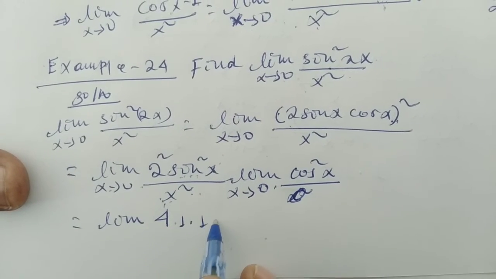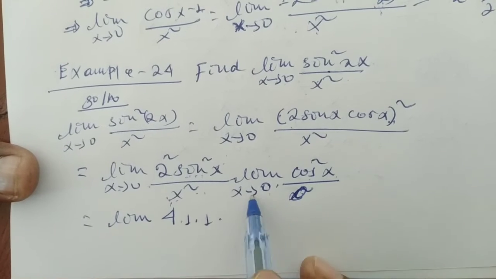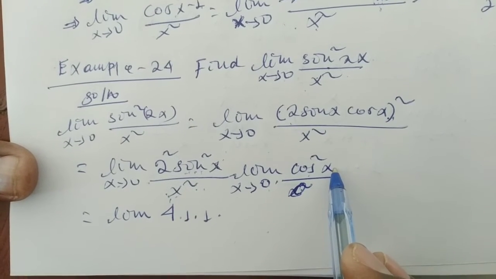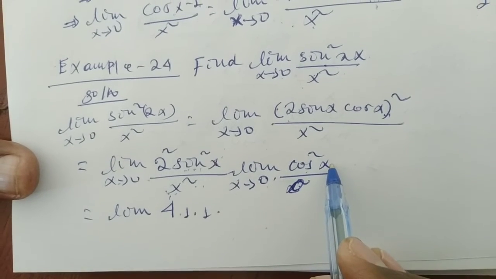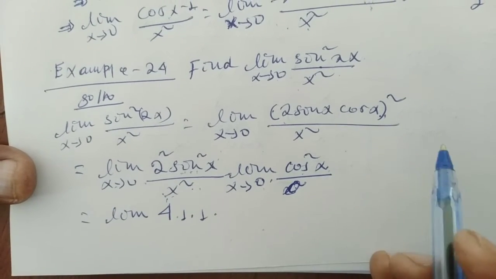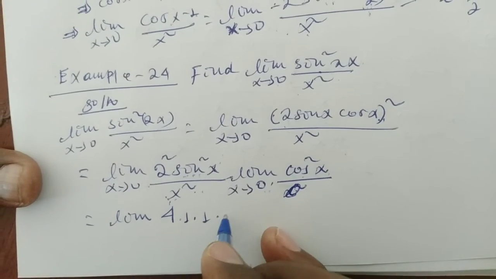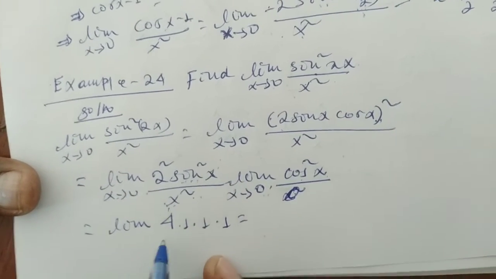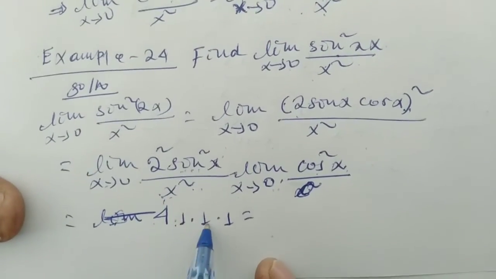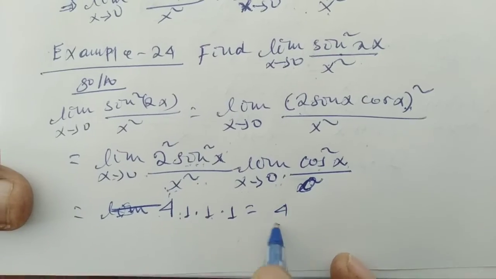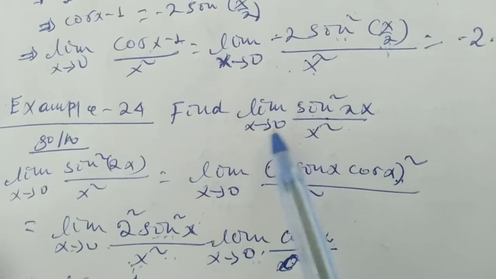is 1, times the limit of cos squared of x when x goes to 0. The limit of cos of x is cos of 0, which is 1, and 1 squared is 1, so the limit of cos squared of x when x goes to 0 is 1. Which is equal to, here we don't need the limit anymore, it is already finished, 4 times 1 times 1 times 1, which is equal to 4. So the limit of sin squared of 2x over x square when x goes to 0 is